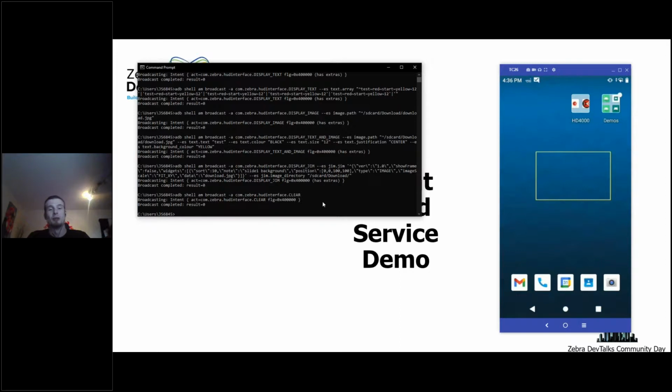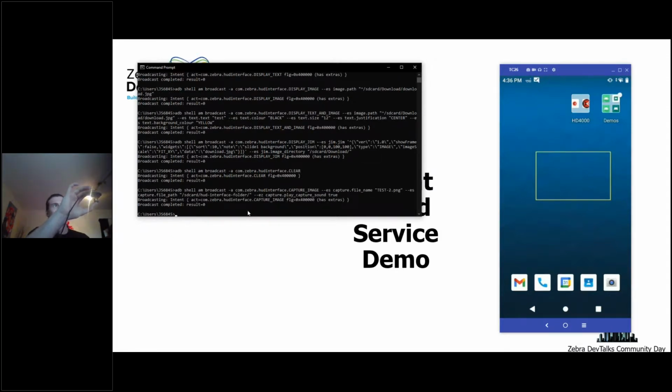So the first thing I'm going to do is capture an image. There's just one intent for this, and we need to provide 3 parameters. We need to provide a name for the captured image, where it should be saved, and we also have the ability to play a capture noise as well. So if I send this next intent, I'm just going to get the HD4000 ready here so we can capture our screen. And if I send this intent here,